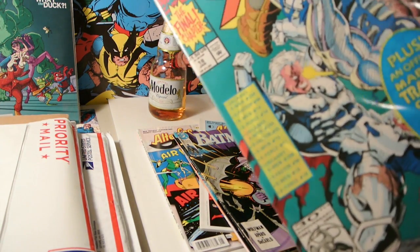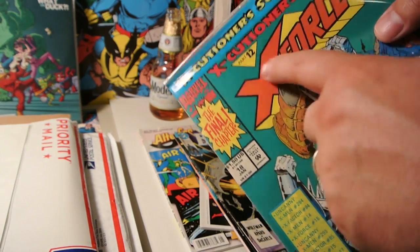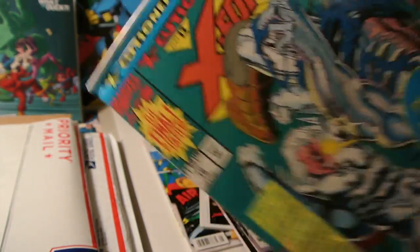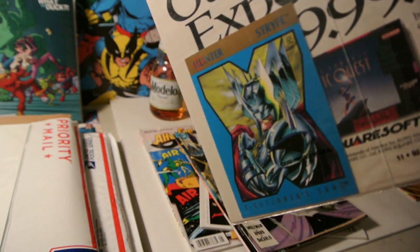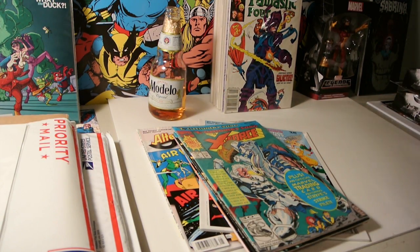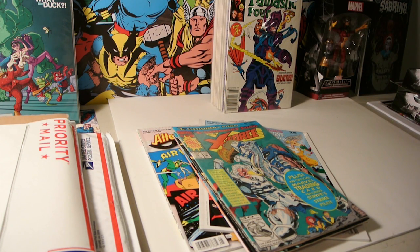I got this for 50 cents too. Obviously, it's called Executioner's Song Bagged, Part 12. And it's X-Force number 18. Nothing major. Probably not worth more than the 50 cents I paid for it, but it is bagged with a card in there. And I've been putting kind of a little flashback to 90s comics in one of my long boxes, and it's getting thicker and thicker. And when I get them all together, I think it'll be interesting to see what I've collected in a couple of months